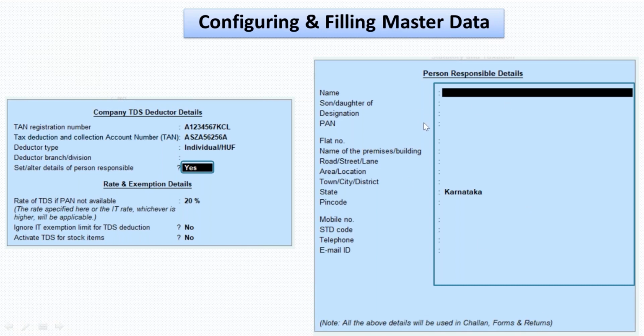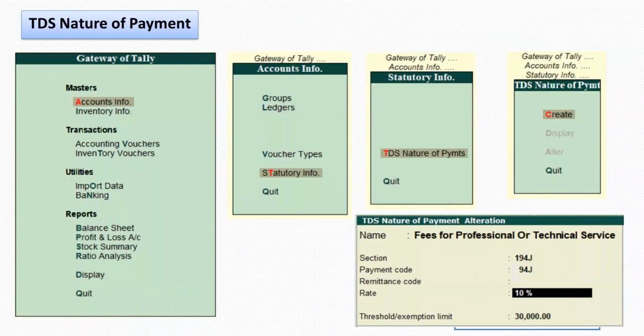So it's very important that we fill in this information over here, so that at the time of return related information, these things can be captured. After doing this initial configuration, we can even create the nature of payment. Let's say it is 194J, professional charges.